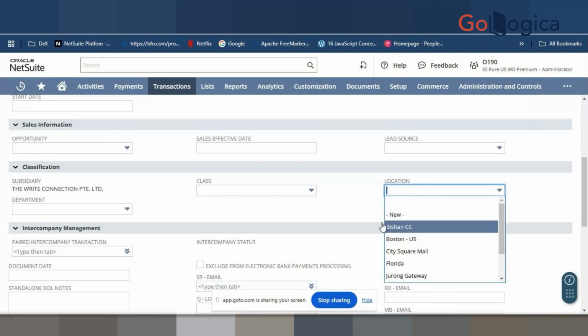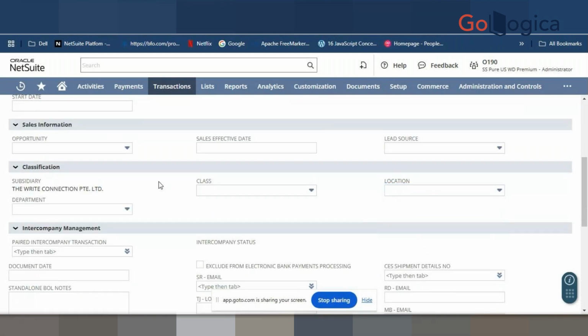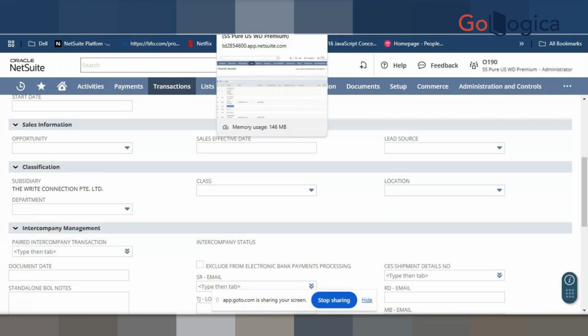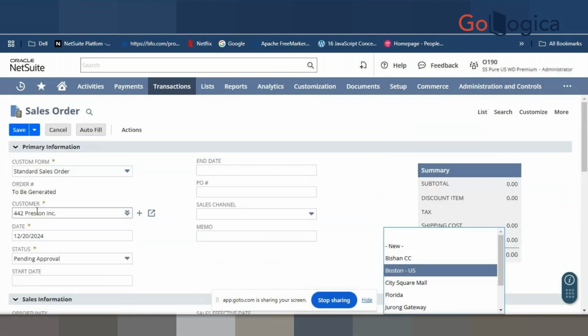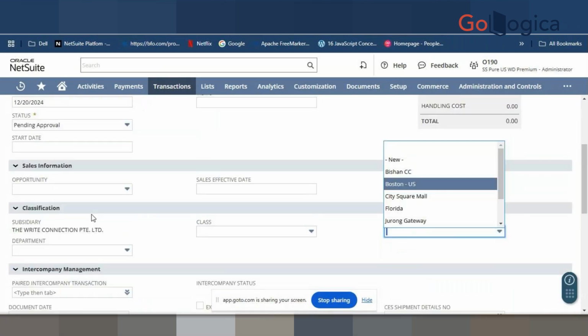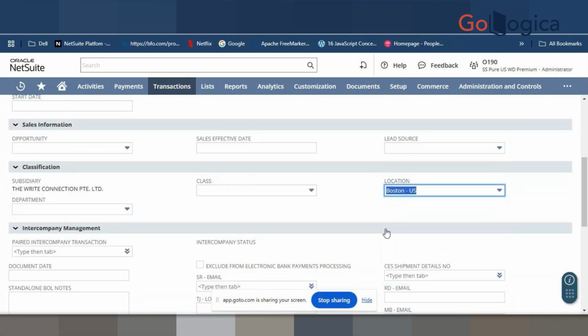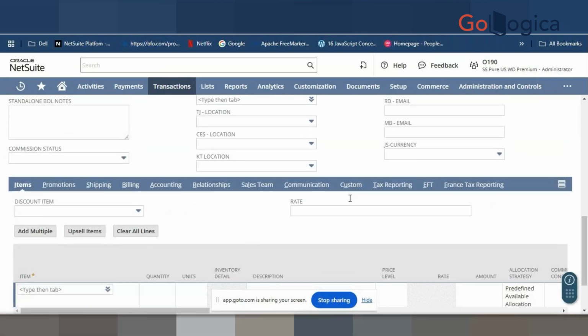Yeah. So guys, I'll tell you the reason what happened. There was some issue with the other subsidiary, the US one, which was created by someone. So I used the parent subsidiary because this is a well configured subsidiary, because the locations come based on the subsidiary that is mentioned. I was selecting a customer, with the subsidiary sourced based on the customer. So I sourced the customer and eventually the parent subsidiary came. So I'm selecting the Boston, US location here, and our item